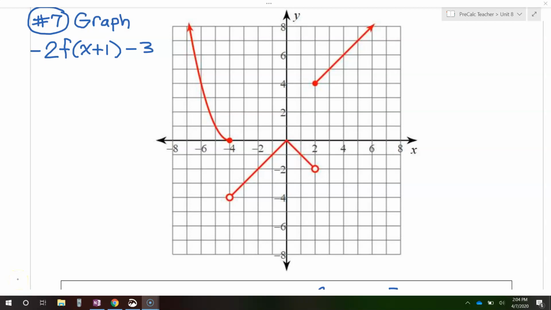So this is the original function f of x. In this video, I'm going to show you how to graph the transformation of this function using the transformations that